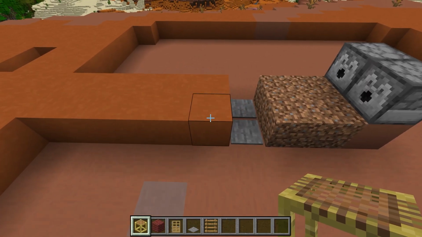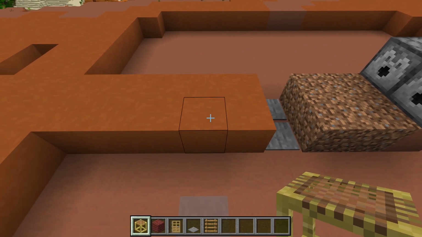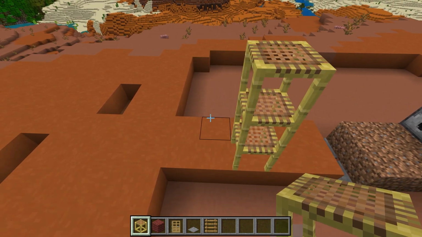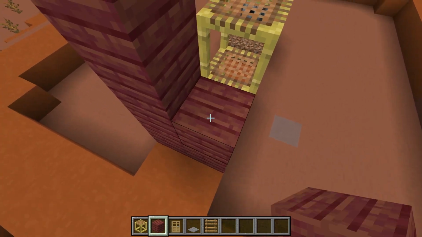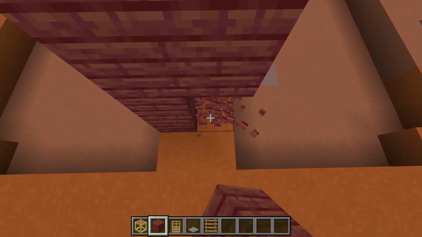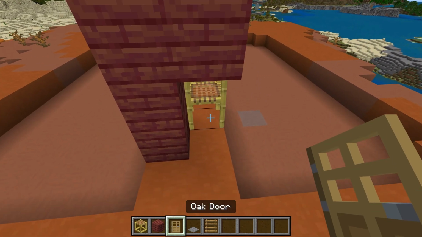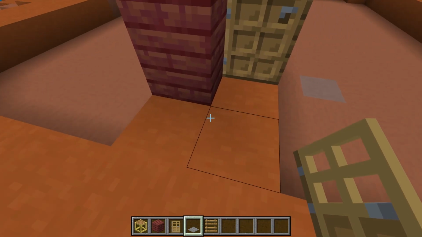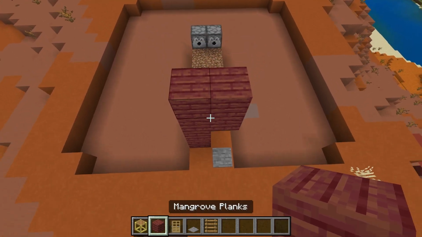Now we're going to take some scaffolding and we're going to come back 1 block, 2 blocks, and then on the 3rd block we're going to place 3 scaffolding. We're going to come back by 1 there, and we're going to place 4 blocks. We'll break these bottom 2 by the scaffolding because that's where we're going to put a door. And we'll actually just go ahead and do that now. I'm going to put a door right here and then a pressure plate,